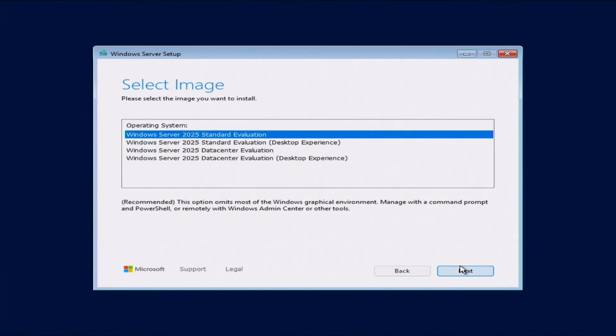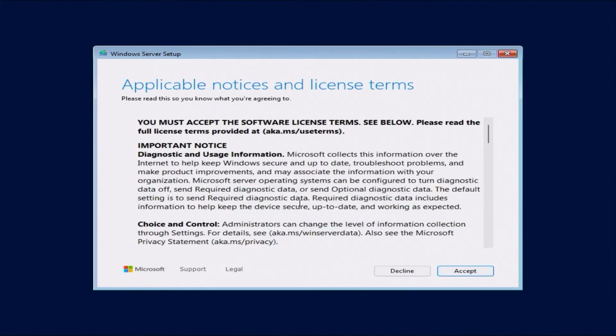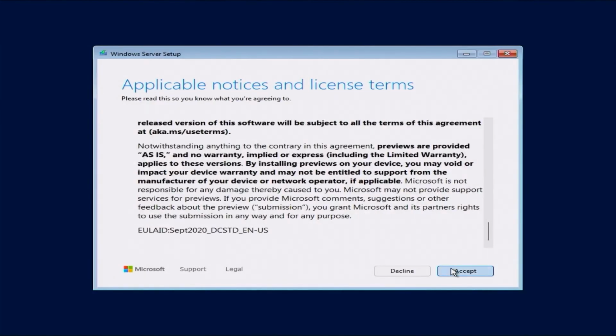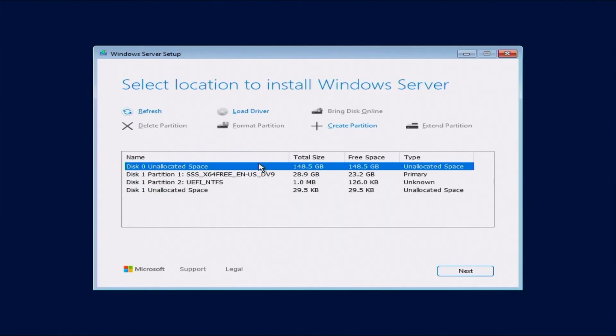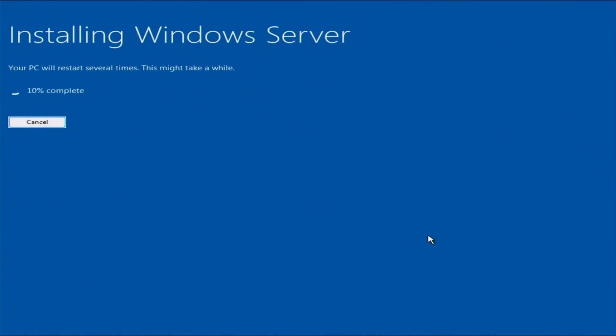Once the window is done loading, you can select the image you want to install, and we will select Standard Evaluation Desktop Experience. Once you click Next, another window will show you the applicable notices and license terms. Go ahead and read through it and click Accept. Next, we will select where we want this OS to install. We will select Disk 0 that has 148.5 gigabytes of free space. Go ahead and click Next. Now we are ready to install, and all we have to do is click Install to begin the Windows Server 2025 installation. Congrats, you've installed the Windows Server 2025 OS locally onto your Supermicro